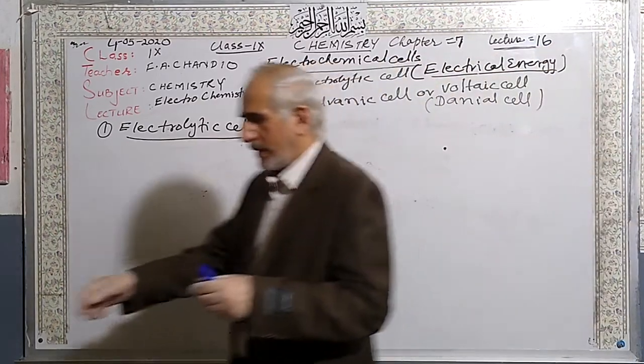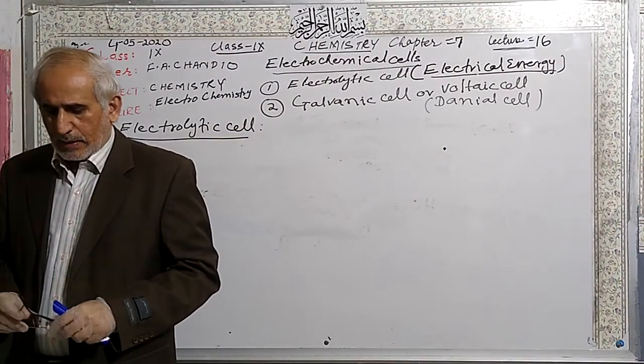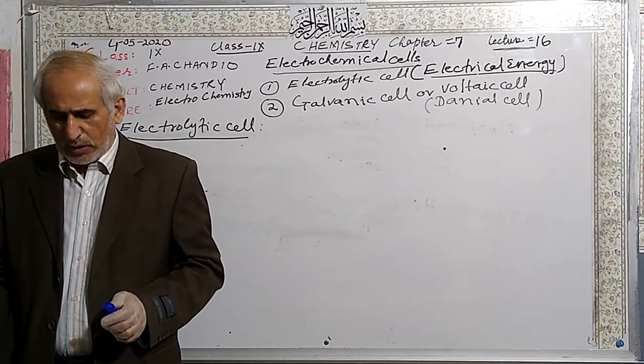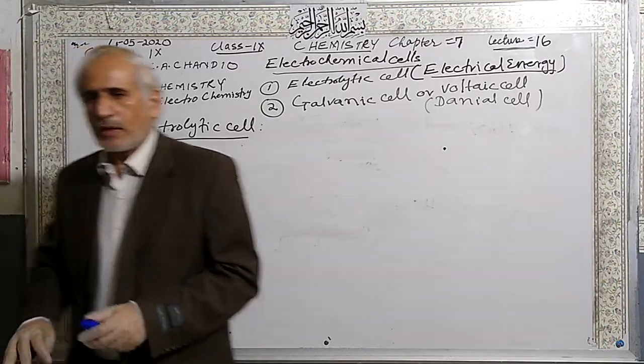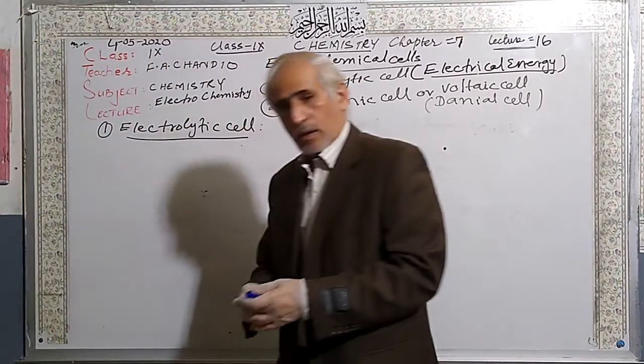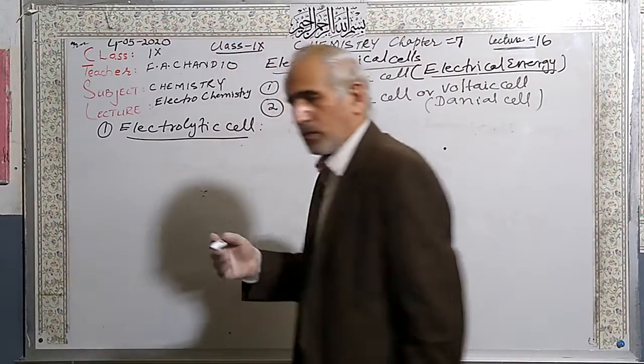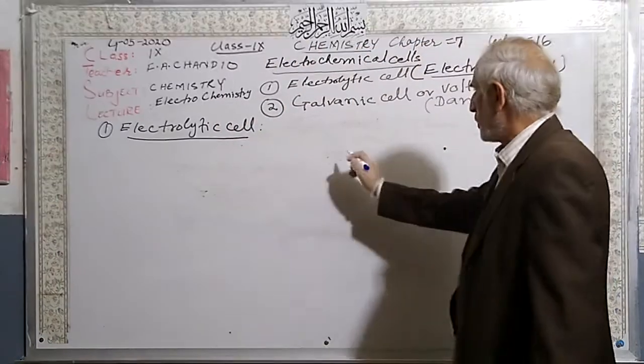If you open the next page, 168, the diagram is given. Now I am going to explain this one. First the general one, then I will give the common example, how to pass electric current through sodium chloride, potassium chloride, like this. So if you see,